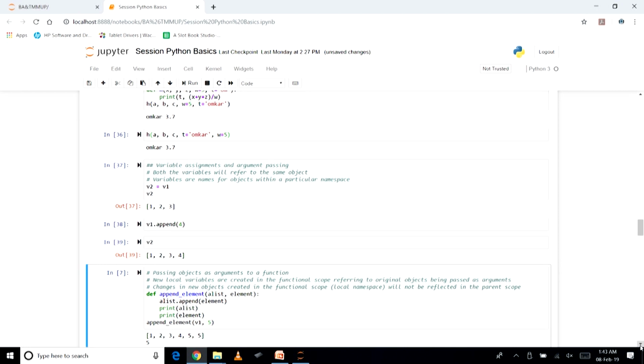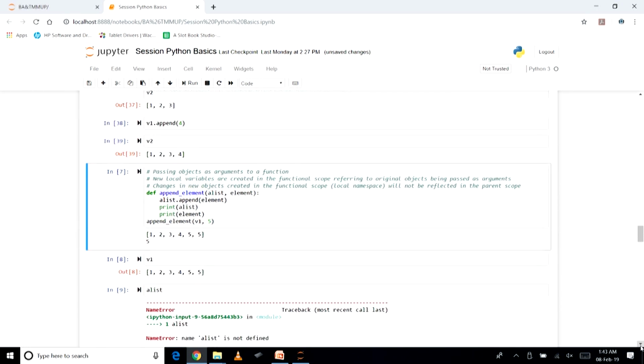Let us move forward. Now, another important aspect we would like to discuss is passing objects as arguments to a function.